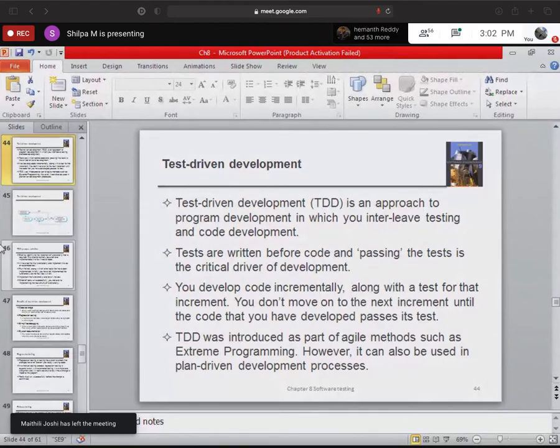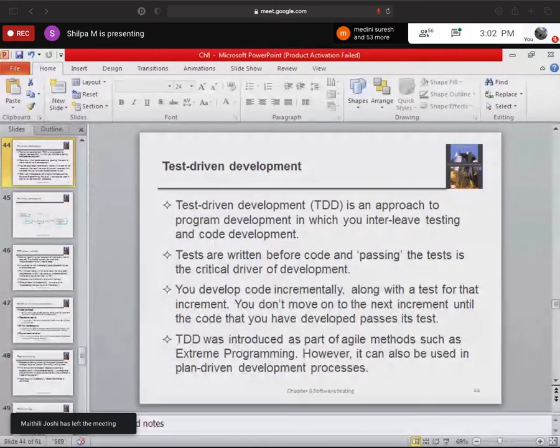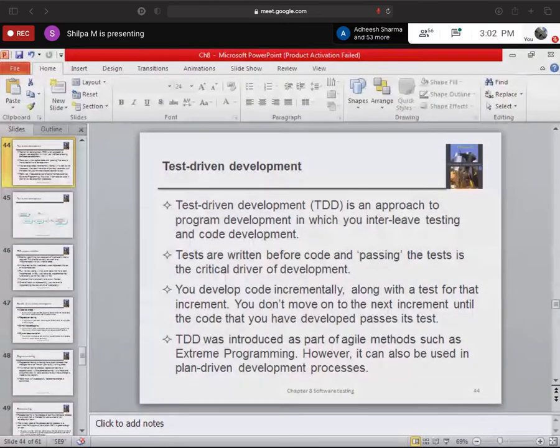Next topic what we have is test driven development. Do you want me to start this topic today? Because the strength is very less. Maybe next Wednesday I will complete this, because if I do one class on Wednesday, I think I'll finish my entire portions for the second internals.